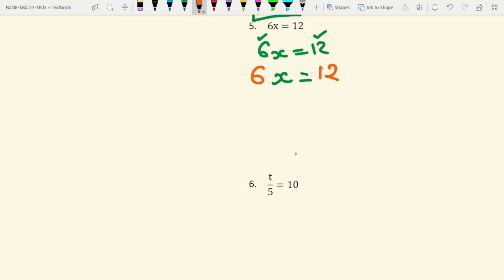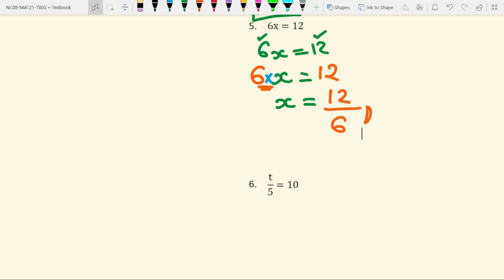But 6 is a known term. So we have to bring 6 to RHS. We have to bring this 6 to RHS. But before bringing 6 to RHS, let us identify the relationship between 6 and x. What is the relationship between 6 and x? If no symbol is given between any two quantities, then we have to consider it to be multiplication. 6 is getting multiplied with x. So when we shift 6 to RHS, multiplication will convert into division. So we can write it as x is equal to 12 divided by 6. Multiplied by 6 will convert into divided by 6.